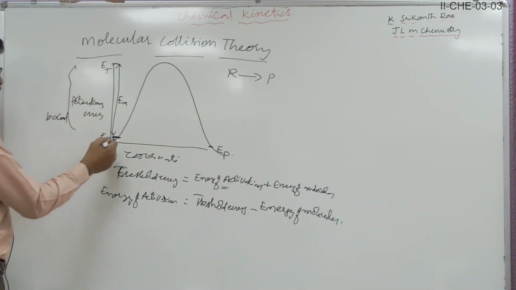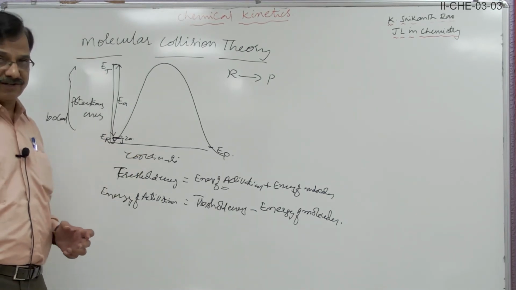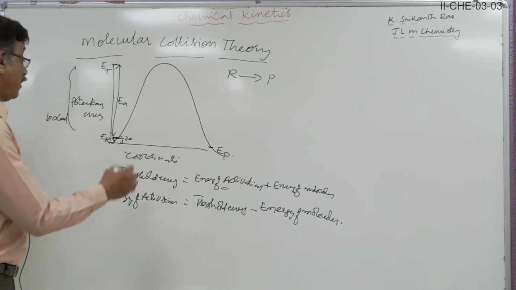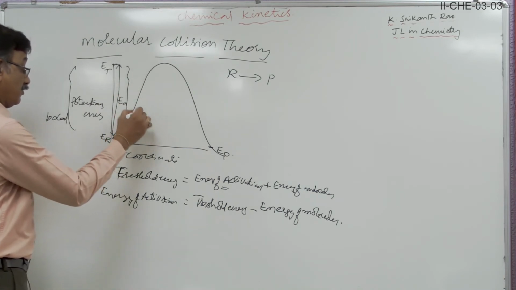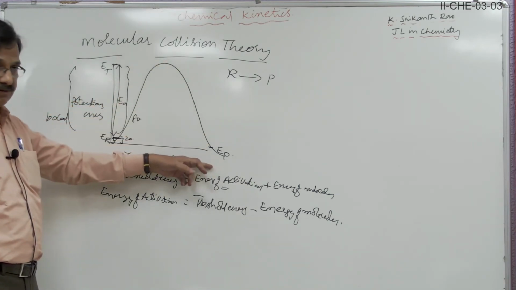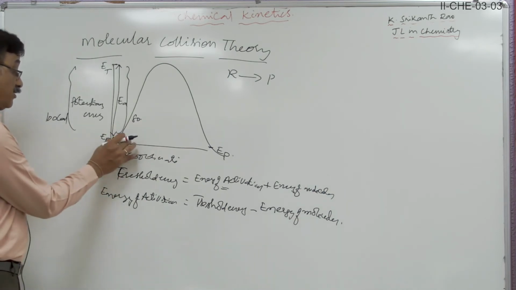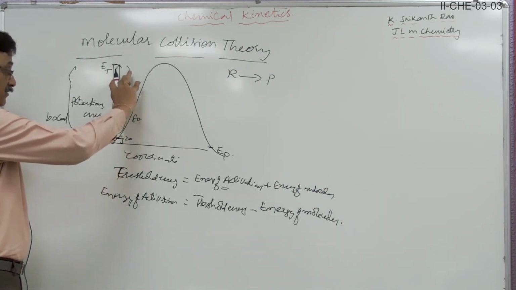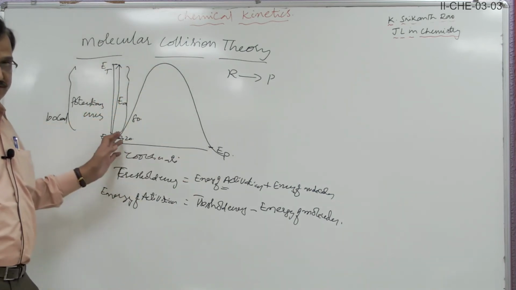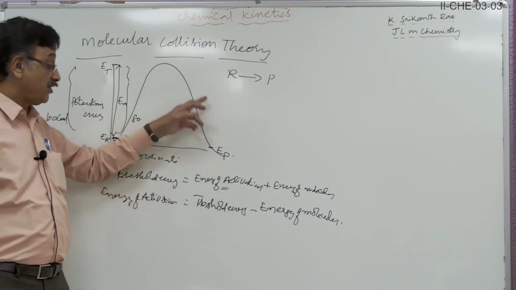But out of 100, the reactant molecules already have 20 kilocalories of energy. So how much extra energy do they require? They require 80 kilocalories of energy. So 80 plus 20, 100, they will get, and they change into the products. So the energy possessed by the molecule is 20, the energy of activation is 80, total 100. They have reached the threshold energy, and once they get the 100 kilocalories of energy, they reach the threshold energy,